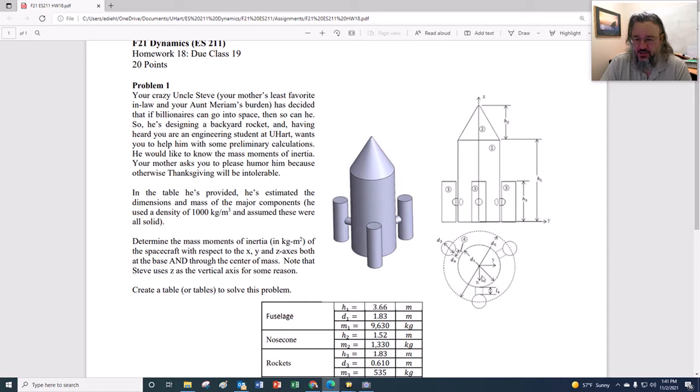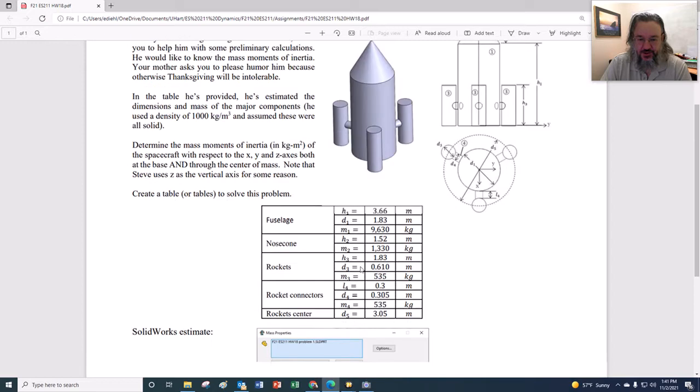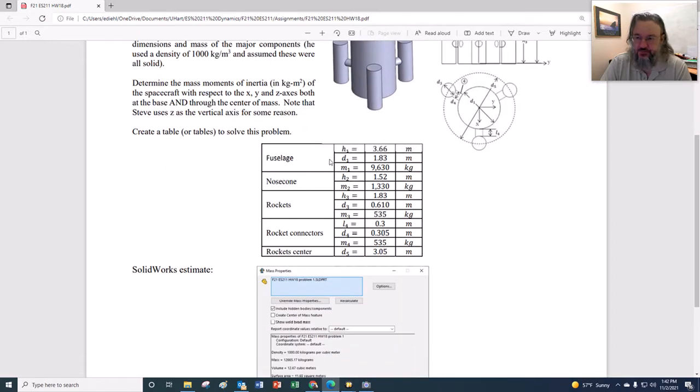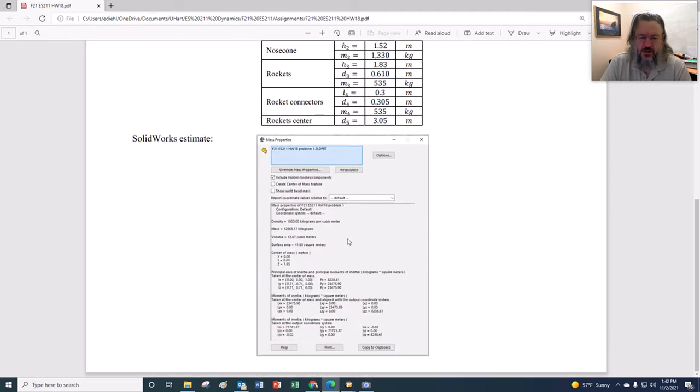So you can see here X is coming out of the page, and the Y. And here are the different parameters, the different sizes and individual masses. Now I could probably have gotten away with not giving you the masses, and then made you find the volumes and multiply by the density, and that would have given you these values for all of them, or fairly close. Our main mission is to do our very best to get the answers. So you see that the total mass right up here should be